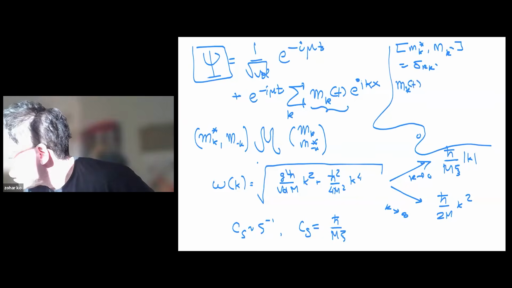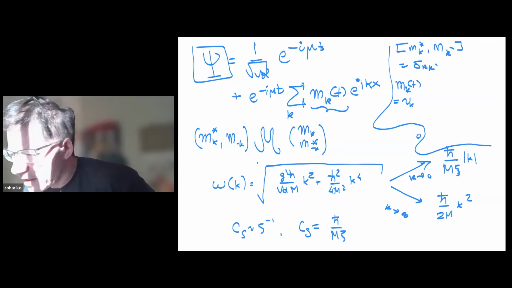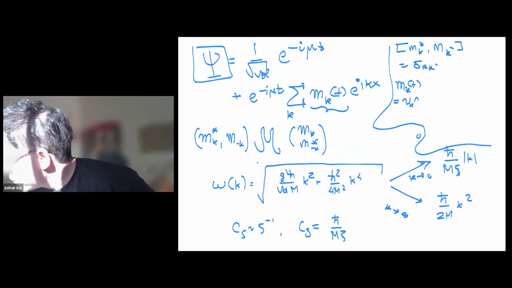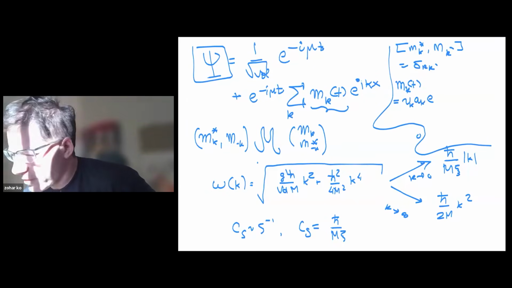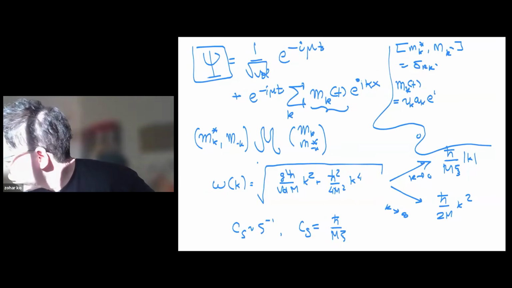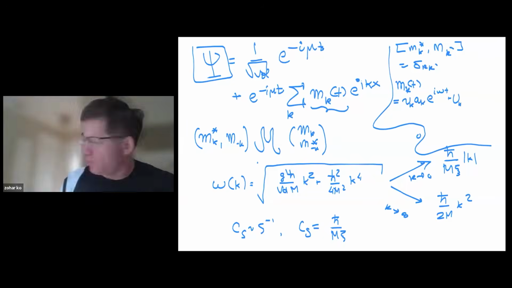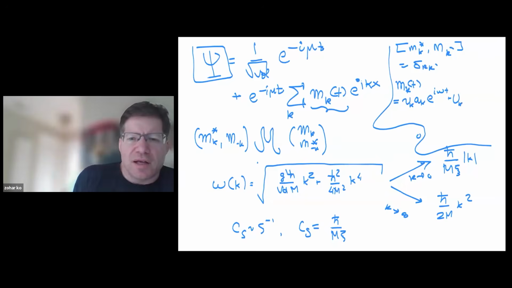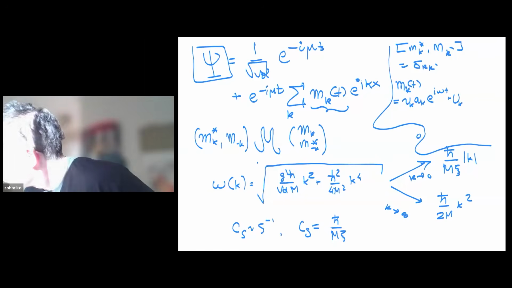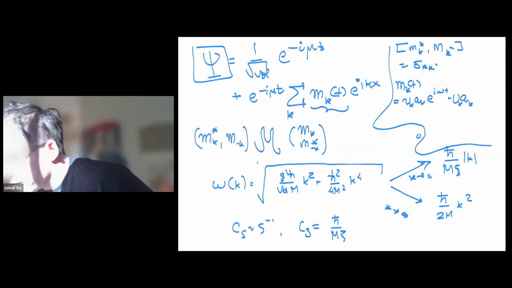So he wrote M_k(t) equals some coefficient v_k times a destruction operator. So this operator destroys a particle with frequency omega and momentum k, and some other amplitude u_k for a creation operator of a particle with the same momentum. So it's a_k dagger e to the minus i omega t.